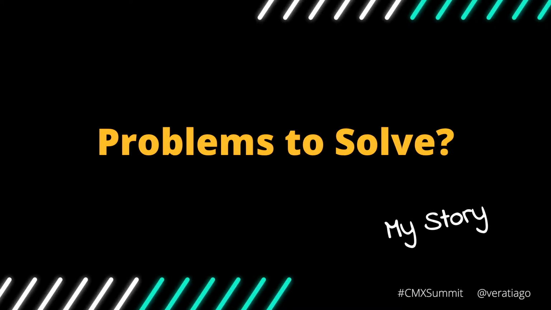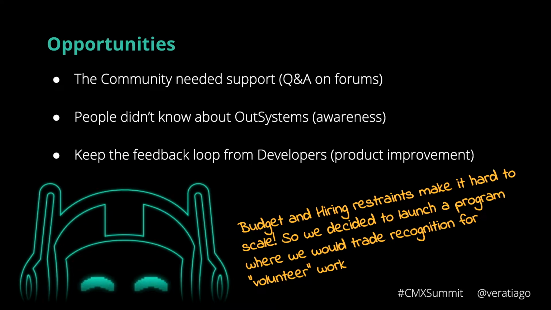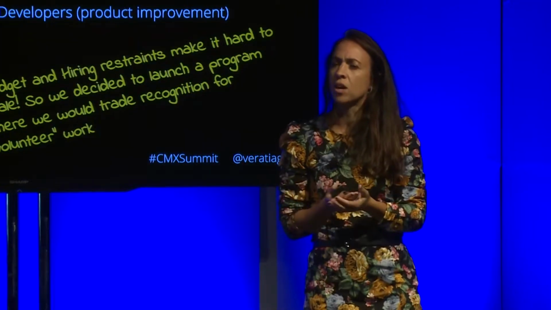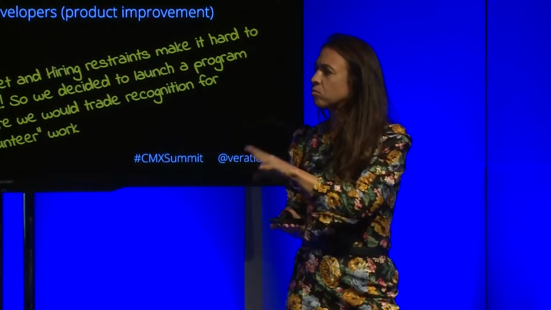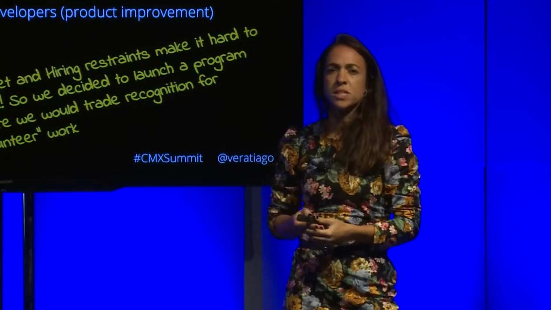Okay? So back 3 years ago, we had some problems to solve. We have a small team, and our community, by the way, is mainly a support community. We have our product that allows developers to develop mobile apps and web apps. And people go online reaching for help. So how can I do this with OutSystems? I have this bug. How can I fix it? Can anyone help me? So it was mainly focused on getting these people to be more present, more active online,